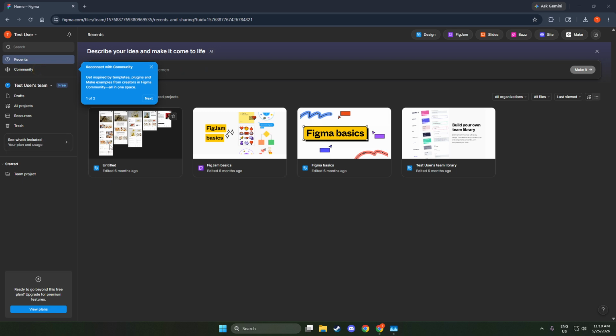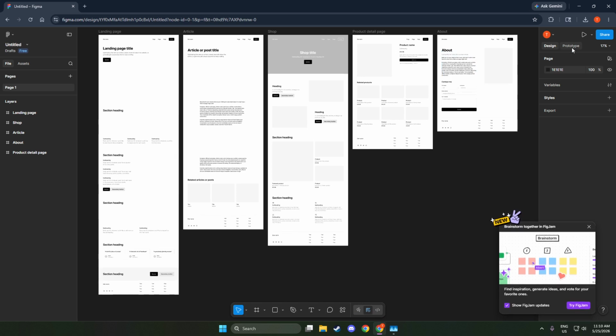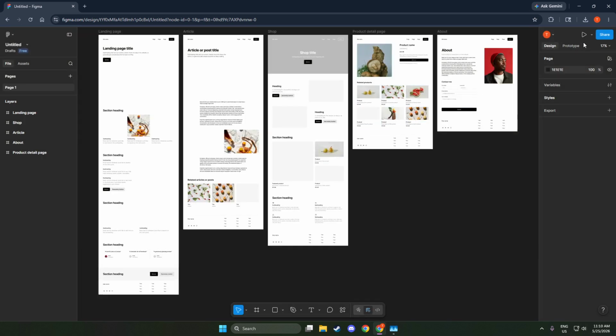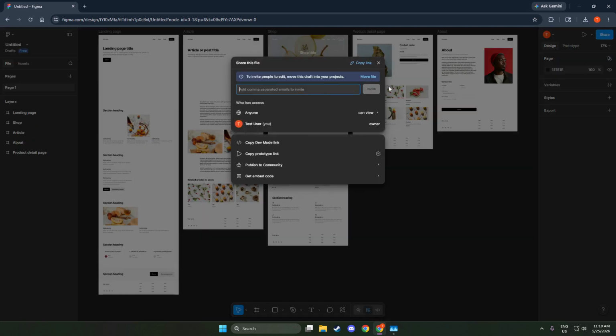Next, look to the top right corner of the Figma interface and click the Share button. It's hard to miss. This opens a small window that controls who can access the file and what they're allowed to do. Think of this window as your control center for sharing. Before you copy anything, take a moment here to confirm the right permission. Under Permissions, choose what level of access you want to grant.